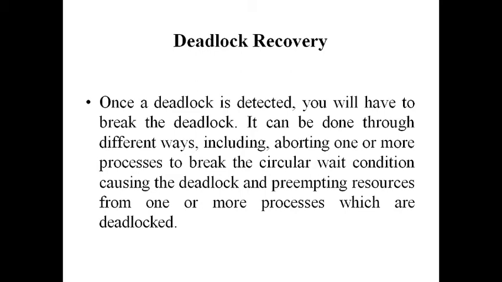Okay, suppose three processes are there and these three processes are asking for only one resource, then that resource is given to one of the processes and the remaining processes are killed or aborted. This is how deadlock is recovered. Whenever deadlock occurs, it is recovered by killing one of the processes in the ready queue. This is how deadlock is recovered.